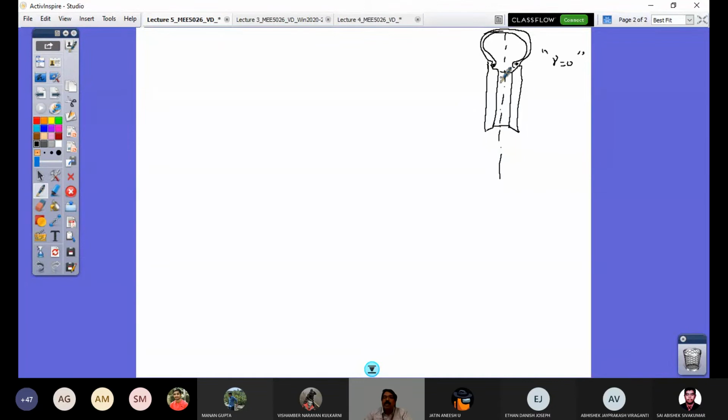And for that, I just draw the section of the tire and rim assembly. And this is the one which is not in contact with the ground. The other portion which is in contact with the ground will now appear like that. So look at that. When there is no side force acting on this rim, tire wheel assembly, it is going to be symmetrical here, and you'll have this wheel plane like this.